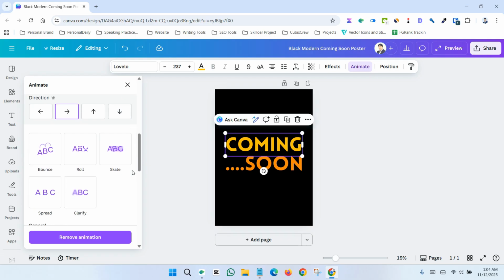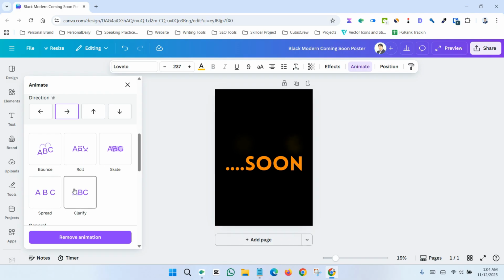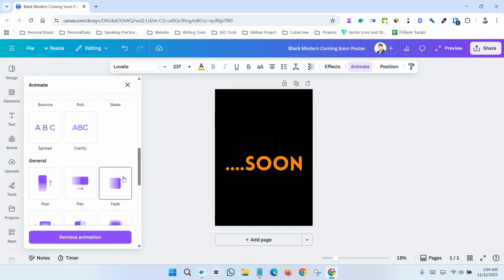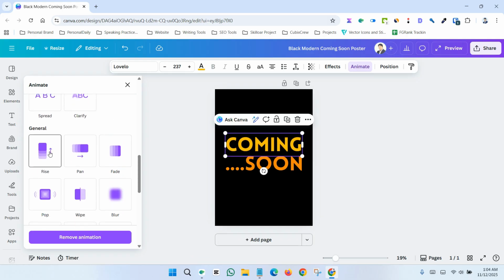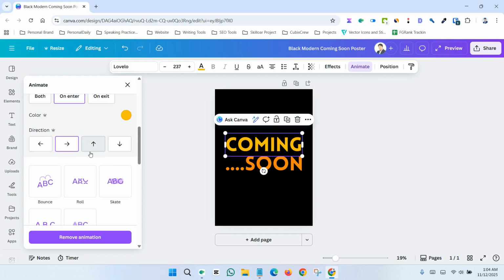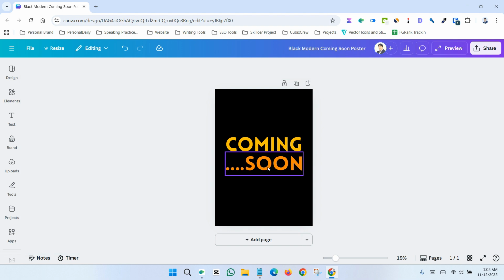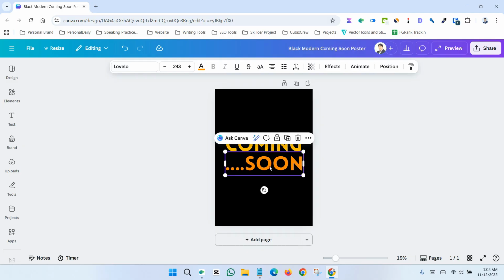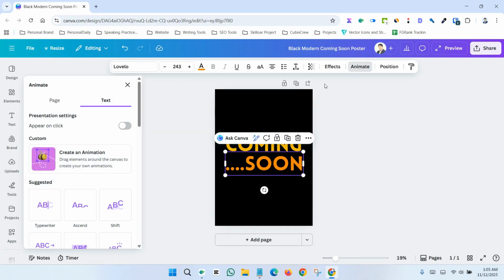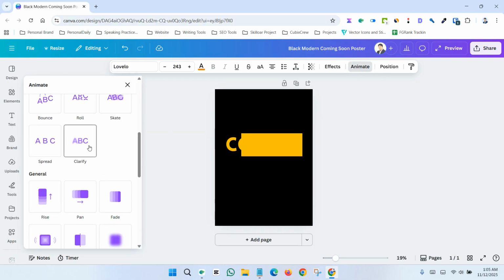You can also apply this type of animation. So there are different types of animation available for you. You can also test this type of animation. Let's say I prefer this animation for this text, and I want to animate this text as well. So select it and click Animate, and now I want to apply